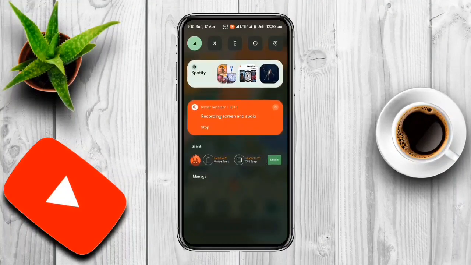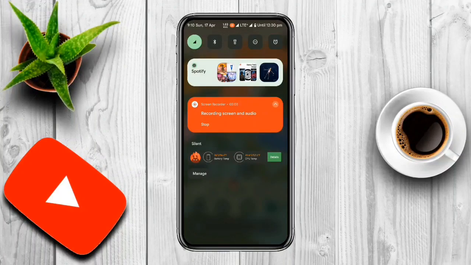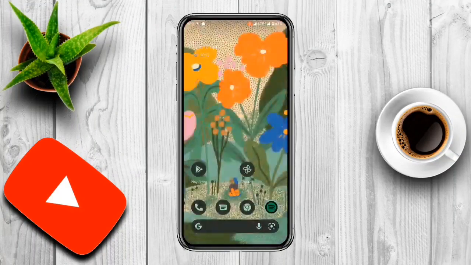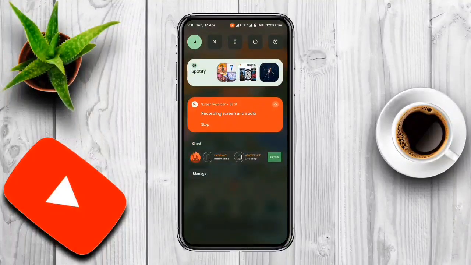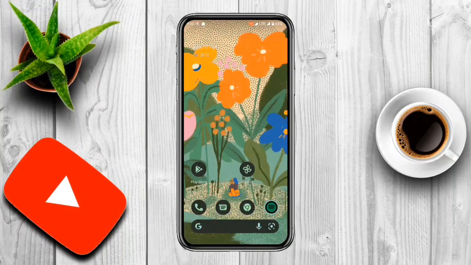Because I'm using a screen recorder with internal and external audio right now, I can't use the microphone for Google Assistant because I don't have another camera. I don't have a camera or extra phone to record this video right now, so I'm just recording this video with internal and external screen recorder. Alright,